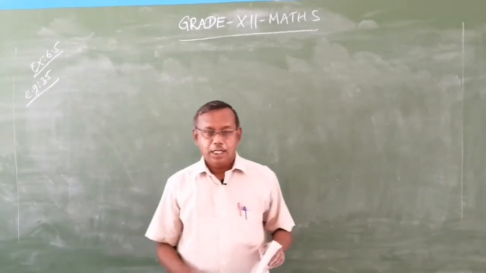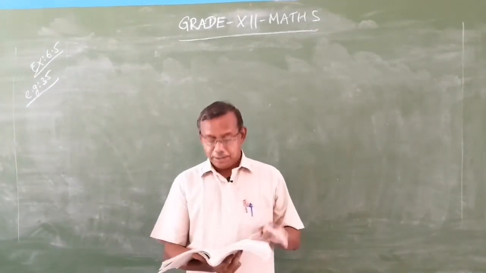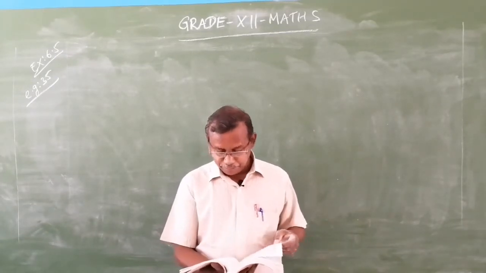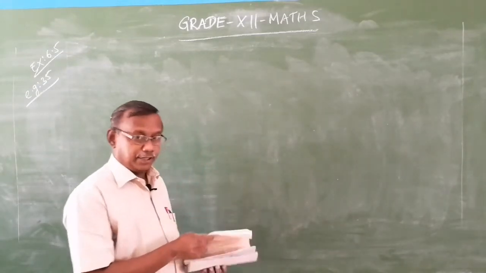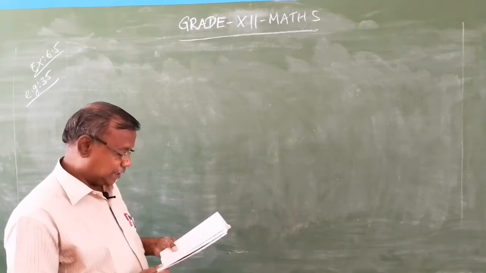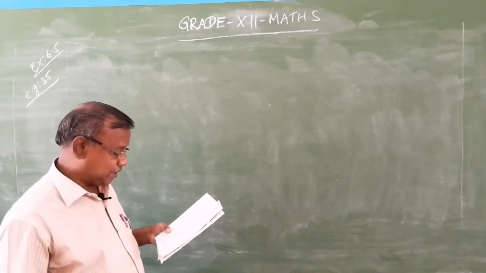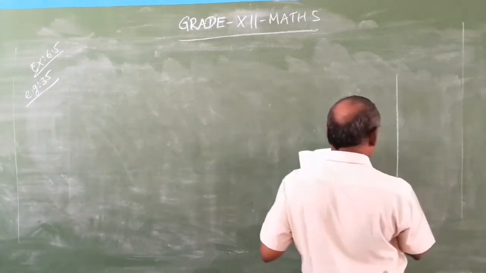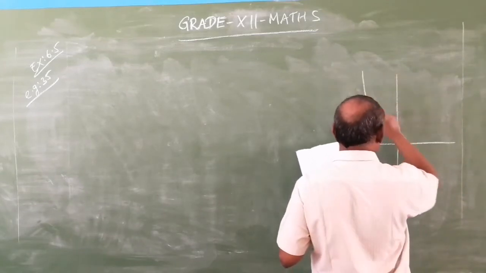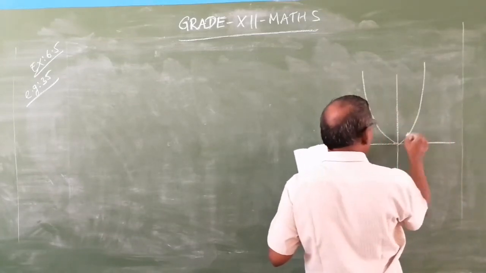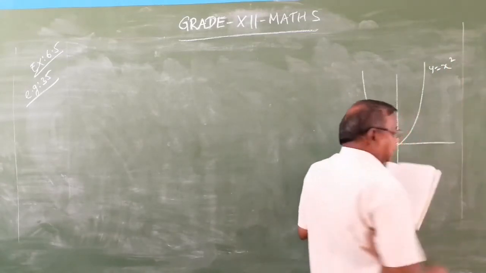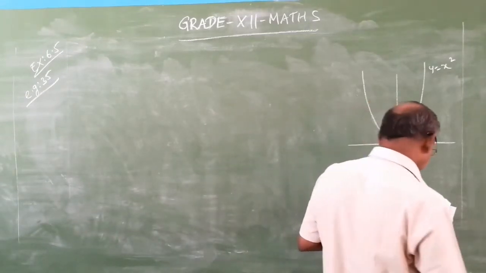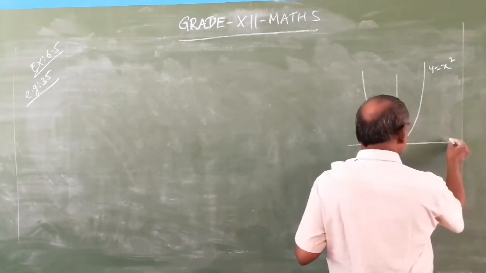Now I am going to solve some of the example problems, which may be easy for you to understand. Okay. Now let me start with example 35. Find the shortest distance of the point 0, c from the parabola y equal to x square. Now y equal to x square is a parabola open upward. The diagram is not necessary, but in order to understand the concept, I am drawing this diagram.